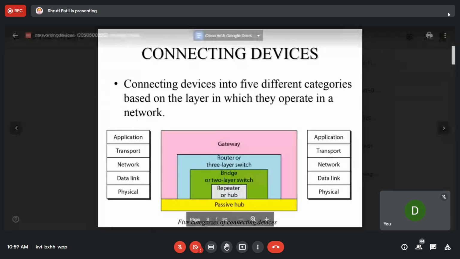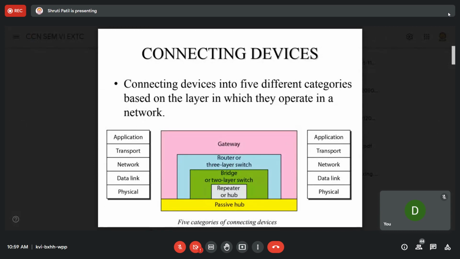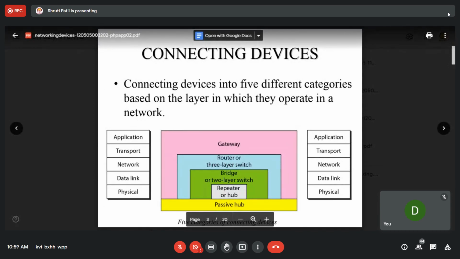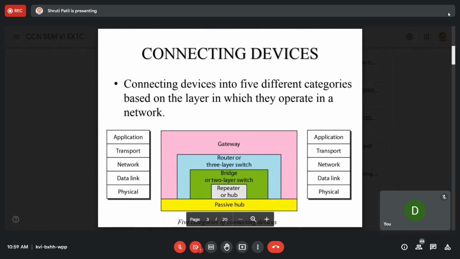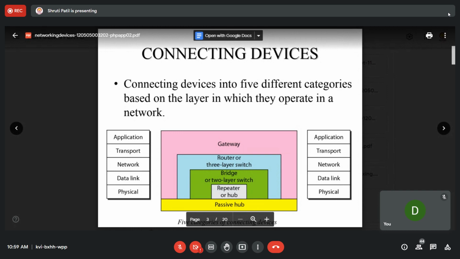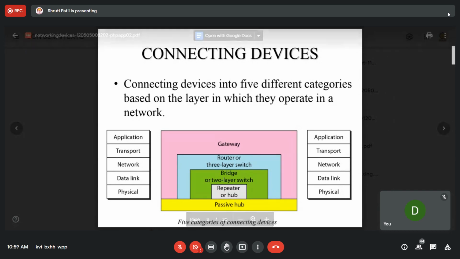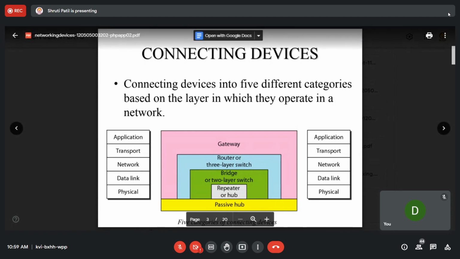At every layer you have a different device. A passive hub, repeater or hub operates at the physical layer. Bridge and switch are used at the data link layer. Routers are used at the network layer, and then you have gateways.